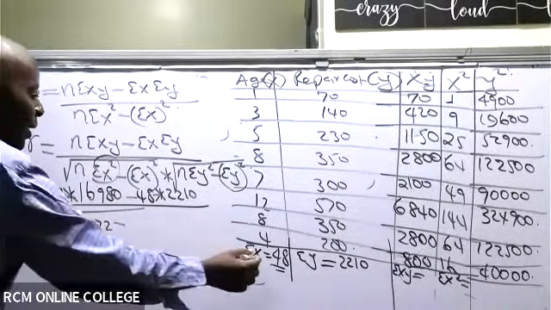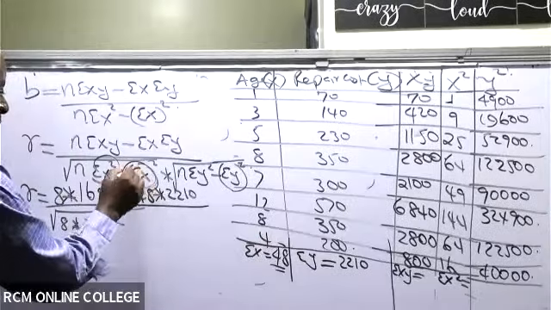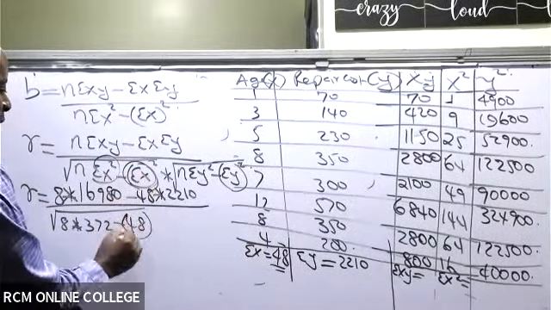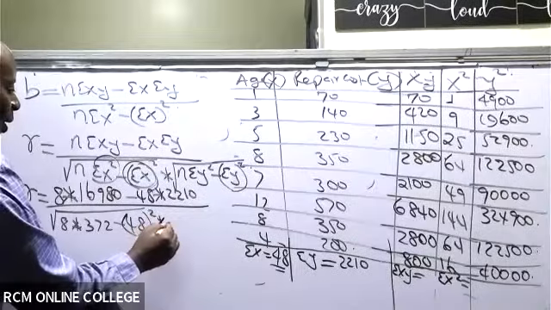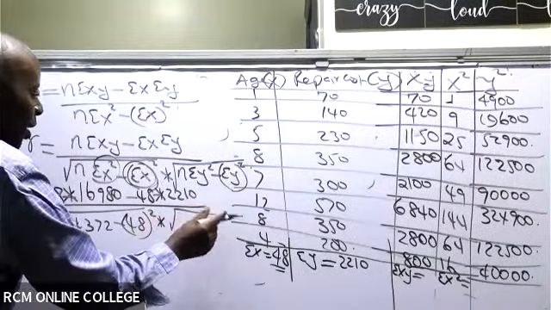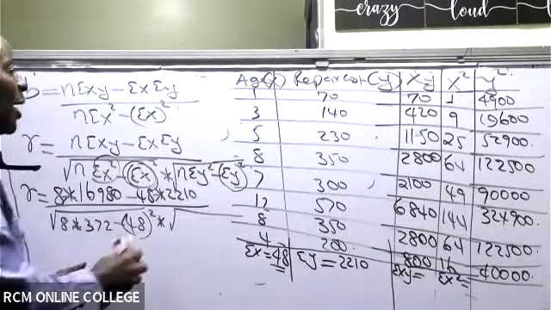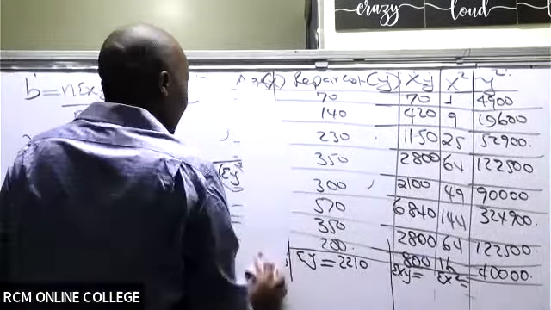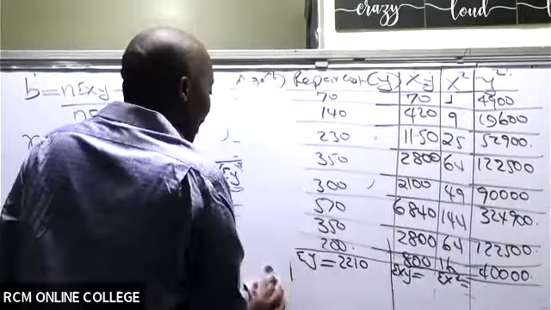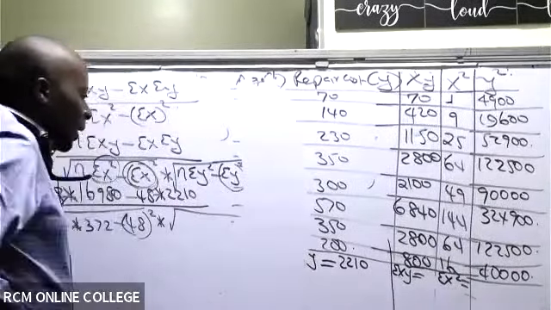Minus summation of x, which is 48, but now this has to be squared. Then times, take another square root. So this other square root,